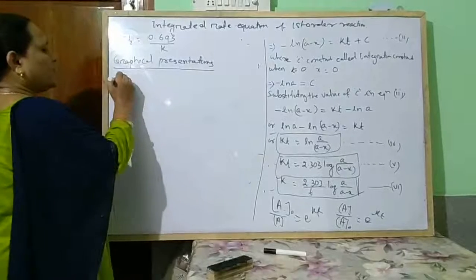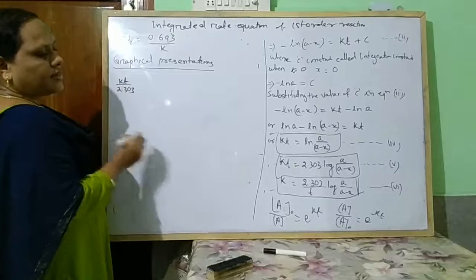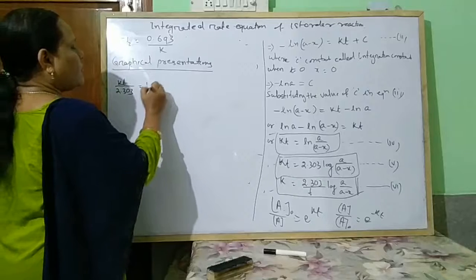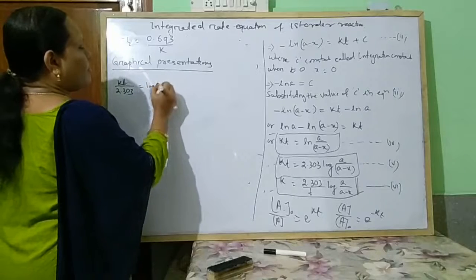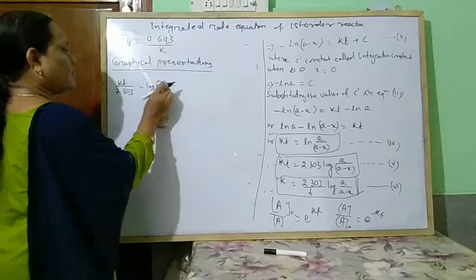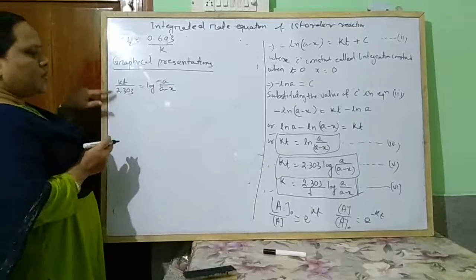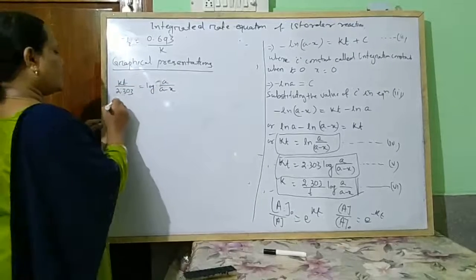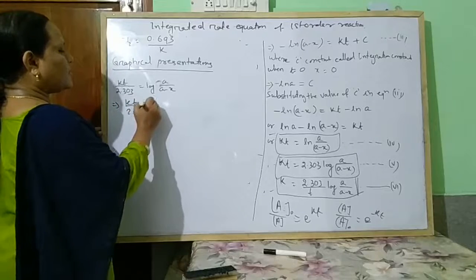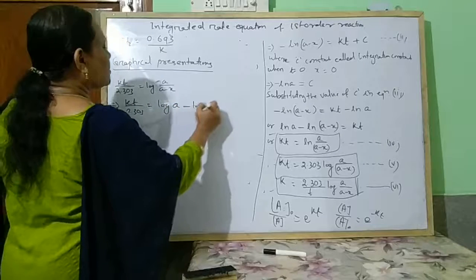From that equation we can write Kt by 2.303 equal to log a by a minus x. So Kt by 2.303 equal to log a minus log